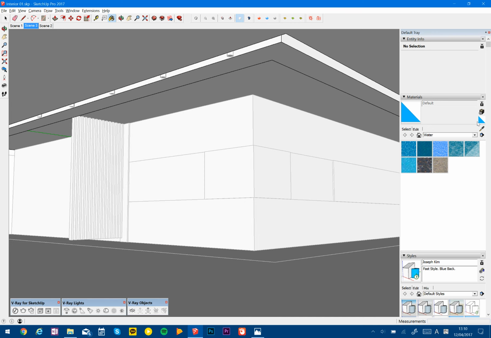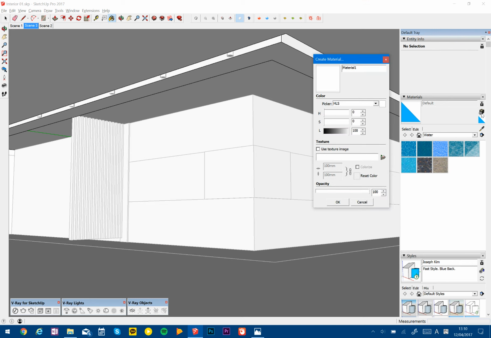When you create a type, you want to duplicate off of it, because this is a create material, but it also sort of duplicates off of the current selection. And you don't want to create a material that already has a series of presets in it. So you want to do it off of a very default material. So what I tend to do is I click this one to make it default, and then click that to